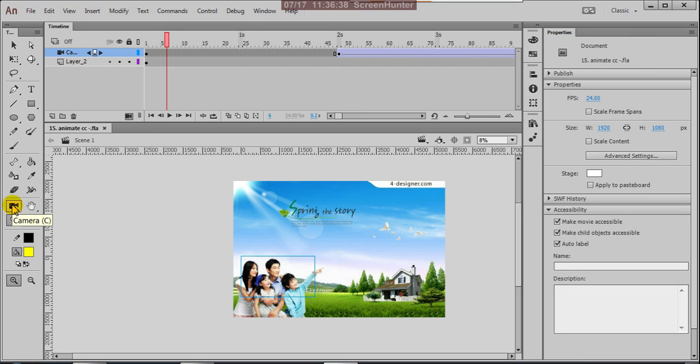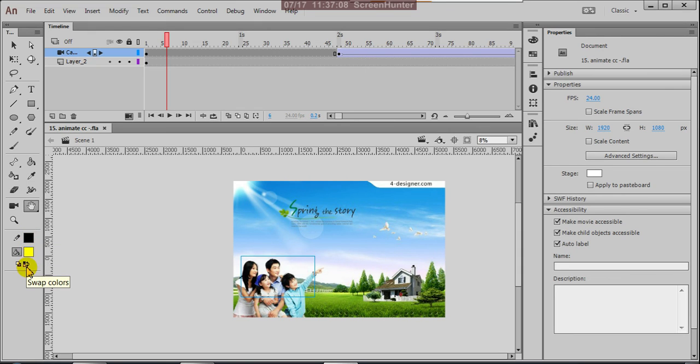The important thing is the camera tool, or otherwise these three, so automatically yourself also you can operate this. Okay, and this is the zooming tool. Yes, so with these tools, almost the tools are over. Okay, and here nothing is there. This is the indication of the stroke color. Okay, and this is the indication of the fill color. So this is the stroke color. Time being, by default it is black, and this is yellow.